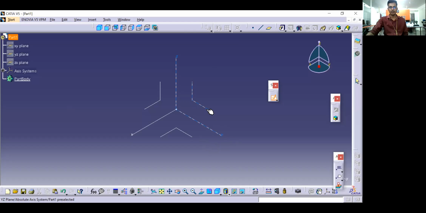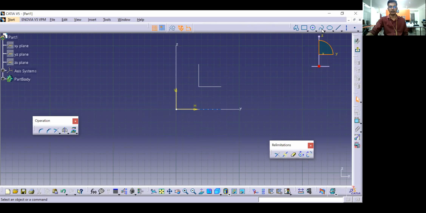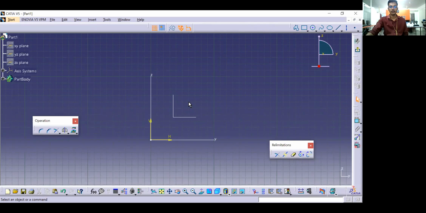So I'll select this plane. Now you can notice the changes here. Instead of 3D, it will be 2D now. Some of the tools will be changed and you can see the grids behind the sketch, right? Yes, sir. I've told you, these are all the shortcut tools we have for the CATIA Sketcher workbench.